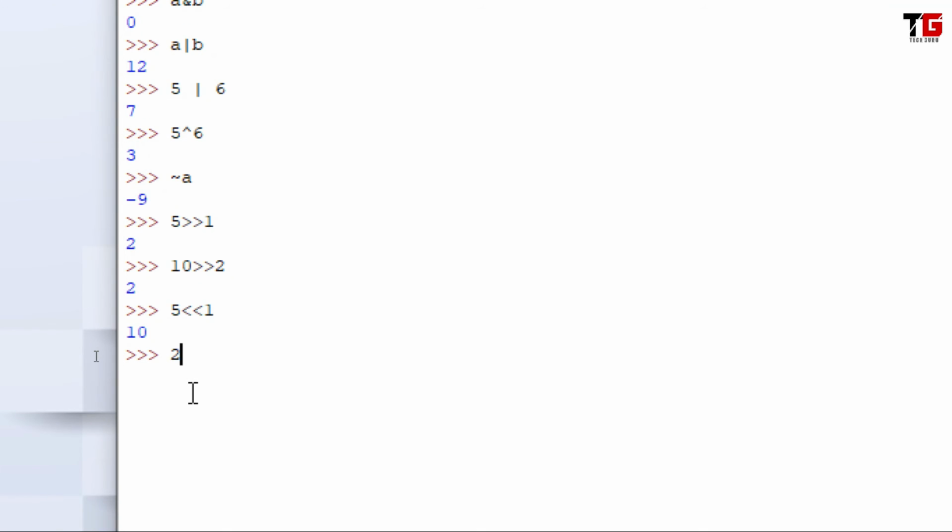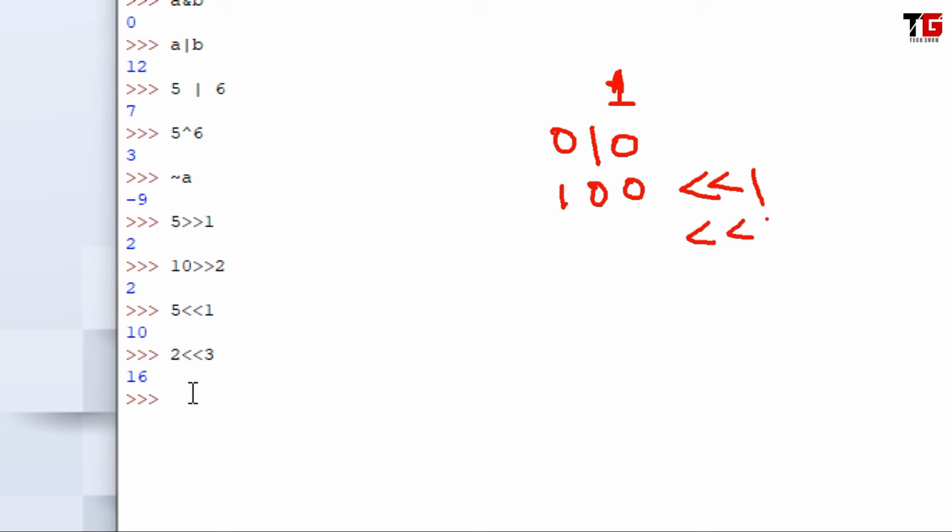Now I take 2 and I left shift it 3 times. I got 16. Let's see. The code for 2 is this. I am going to left shift it 1 time. Alright friends, this is my starting point. This is 1. I left shift it once. I got this. I left shift it 1 more time. I got this. Now left shift 1 more time. 4 zeros and 1.